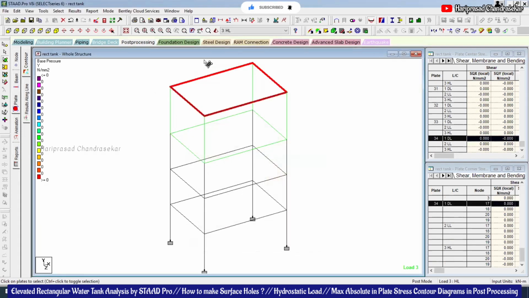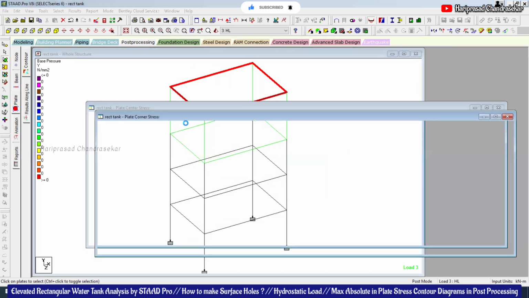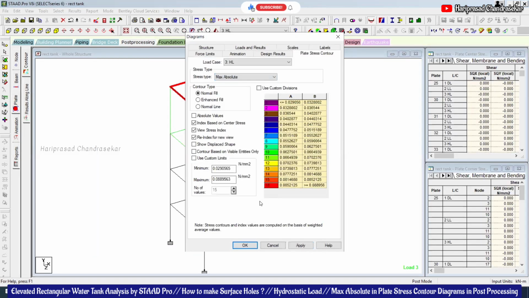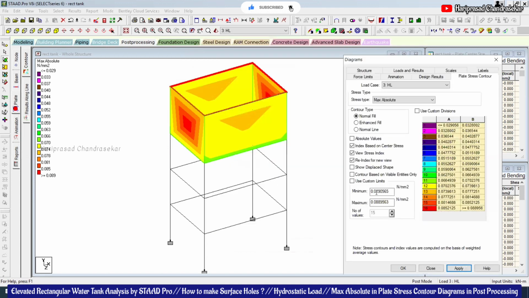Okay, so that's why you can go for maximum absolute. Then you will be able to find. Okay, here minimum and maximum we can set also. Accordingly, you can set and put the value, because you can go for absolute values,